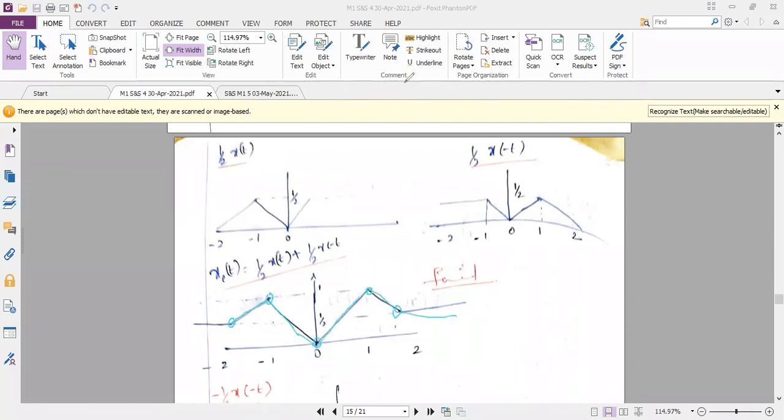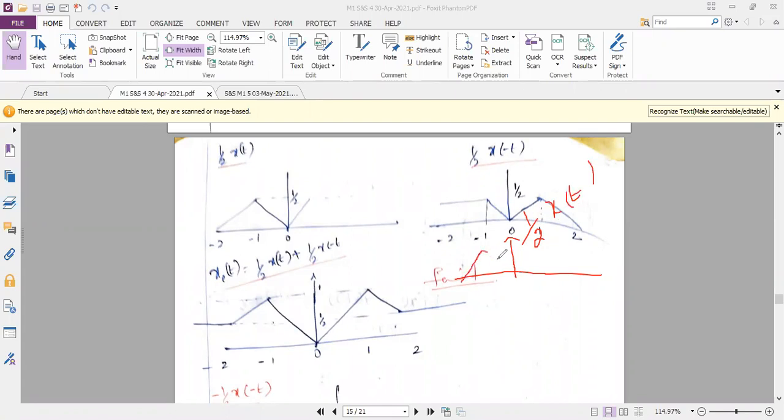So now I want you to do the odd signal. So odd signal shall we try in this page itself. So without showing my display. So to get odd signal, I need two signals again. So let me draw the first signal. First signal is 1 by 2 x of t. That is very easy. So 1 by 2 x of t is, you know how it is.